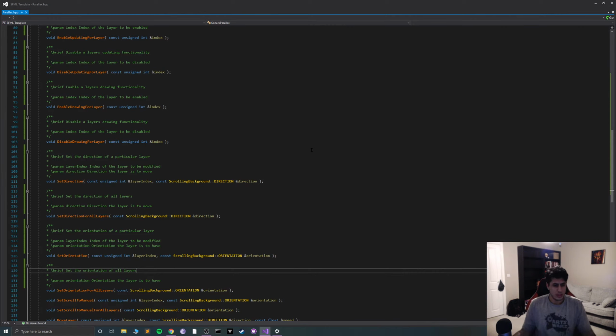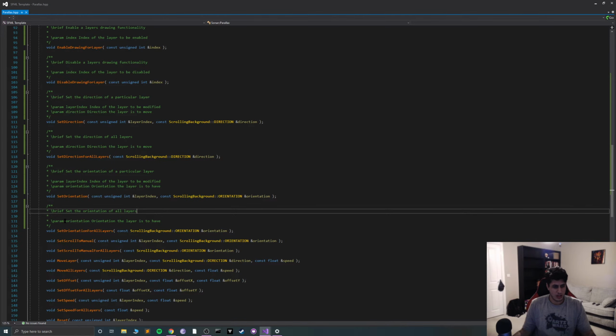Okay, so set the orientation of all layers. Okay, so let's do set scroll to manual.